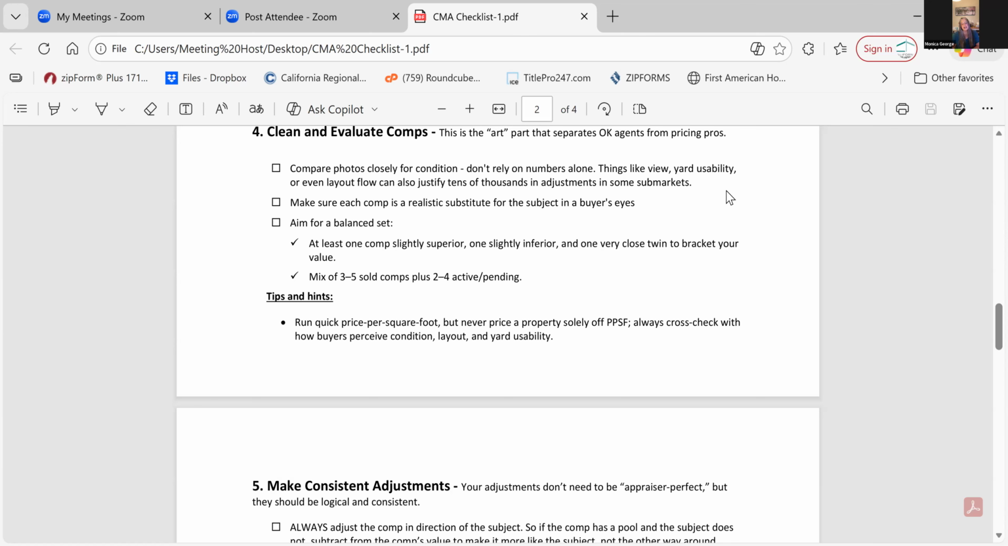I'm not sure if there's any tips or hints I can give you about the photos, but I would say this: if you find a comp that seems to match all the numbers, but there's no photos at all, I think you can use it. Maybe try and see if you can find older photos from a past listing,